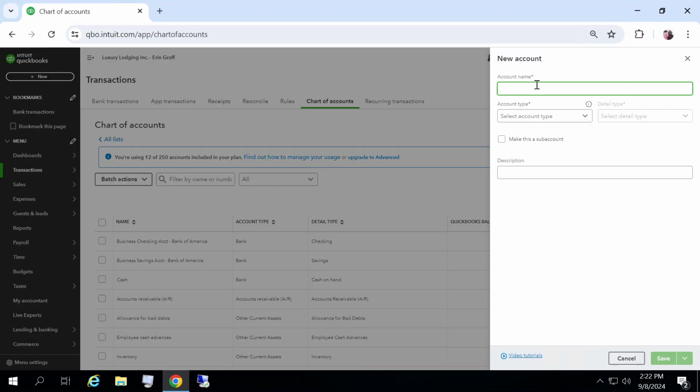The account name is going to be Business Credit Card, account type,